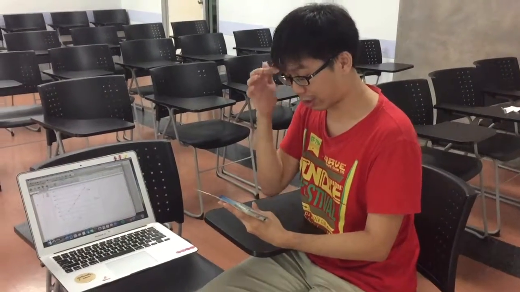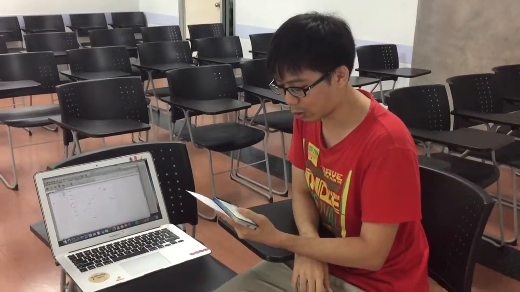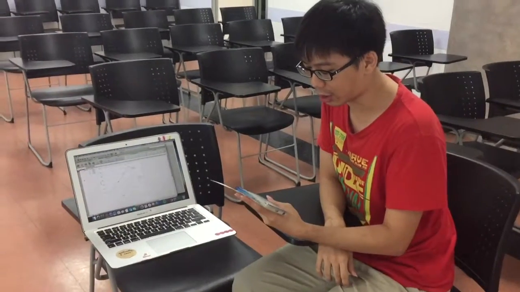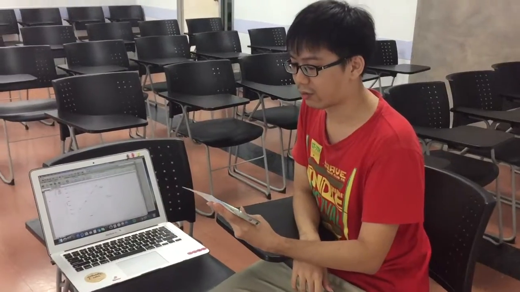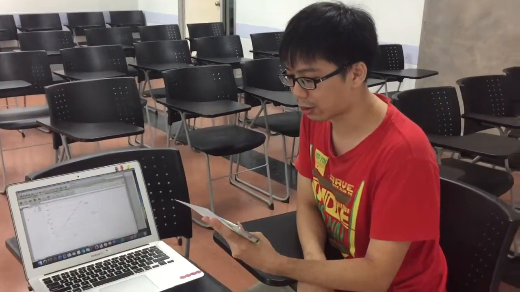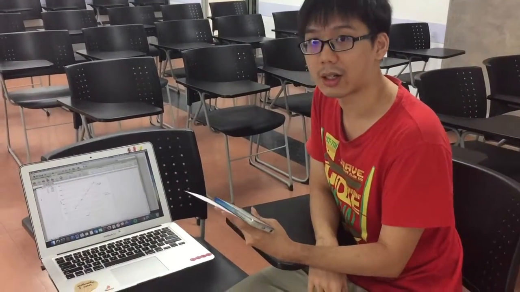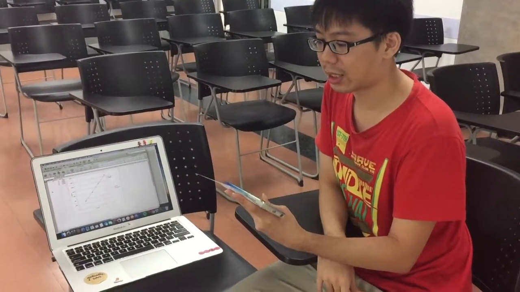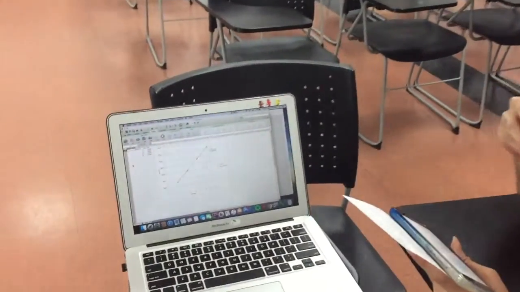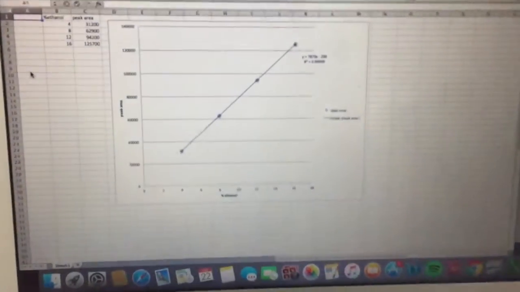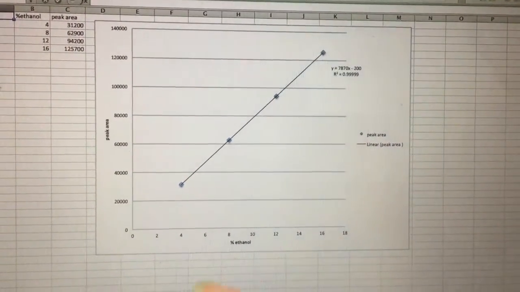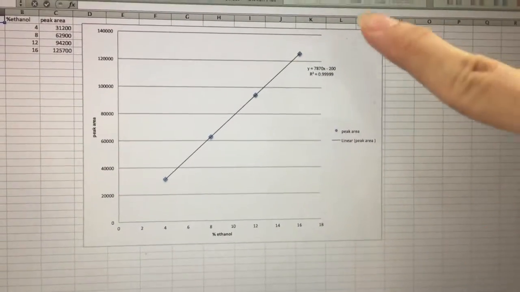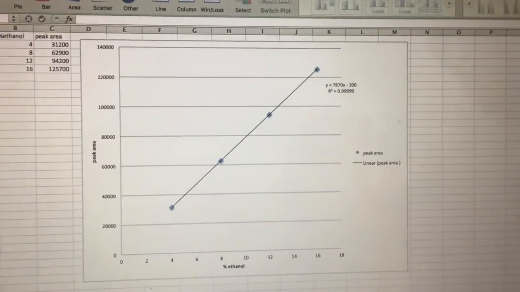So I'm going to discuss question 2a, which is to determine the percentage of ethanol in the wine sample. We are given the values of concentration of ethanol as well as the relative ethanol peak area. By using the concentration of ethanol as the x-axis and relative ethanol peak area as the y-axis, we can produce a graph with the line equation y equals